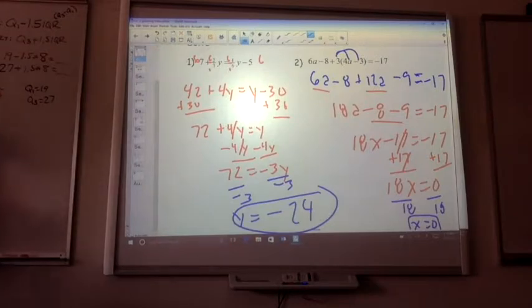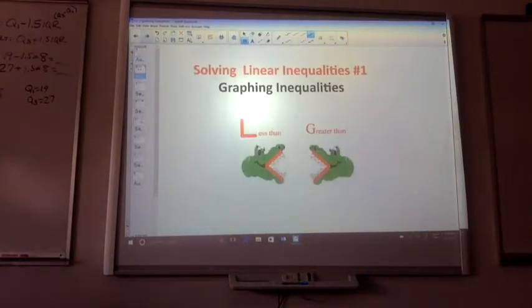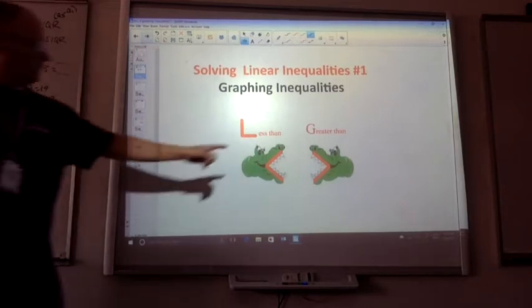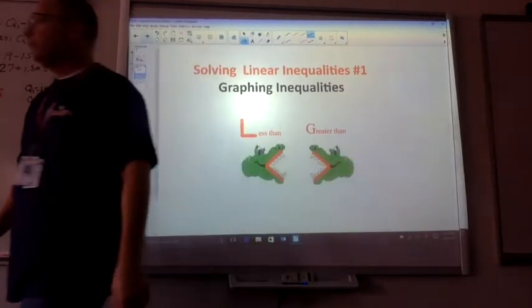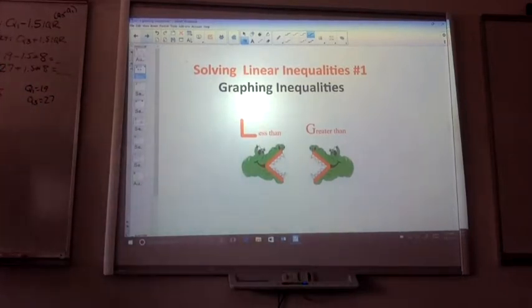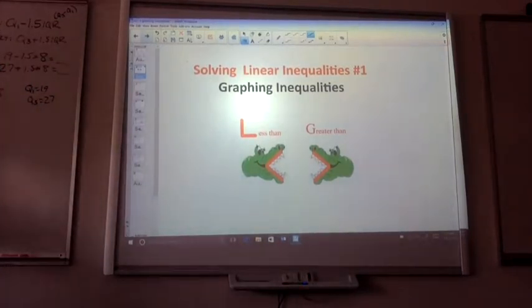May I move to the next page? So that's kind of like prior knowledge we've done before. So now we're going to do solving linear inequalities, so graphing inequalities. The less than sign points this way, and greater than points that way. Sometimes we'll say the alligator will eat the larger. But I don't know, that's all the cutesy I want